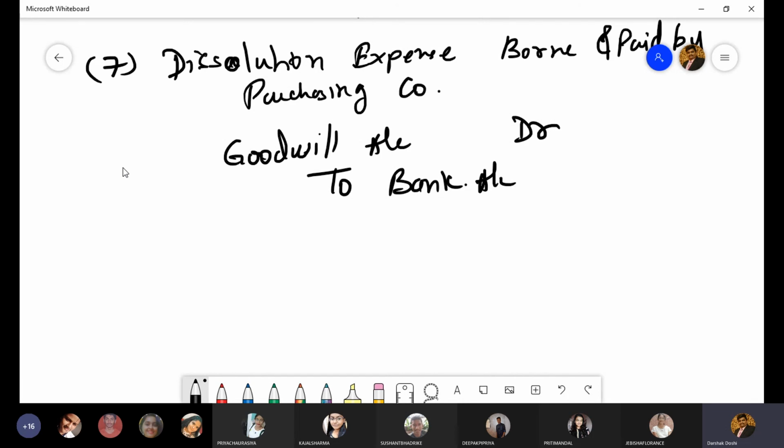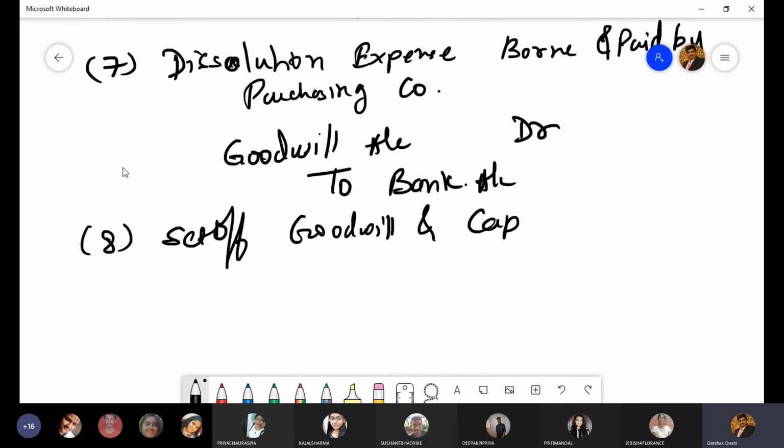Lastly, number 8, it will be set off of goodwill and capital reserve. That means, say for example, in the second entry, when goodwill or capital reserve is created, you can either have goodwill or capital reserve. But over there, say for example, capital reserve was created and the dissolution expenses are borne and paid by the